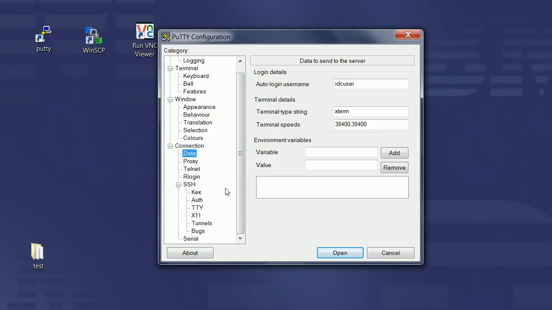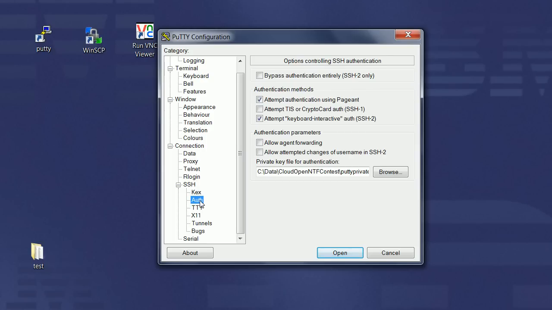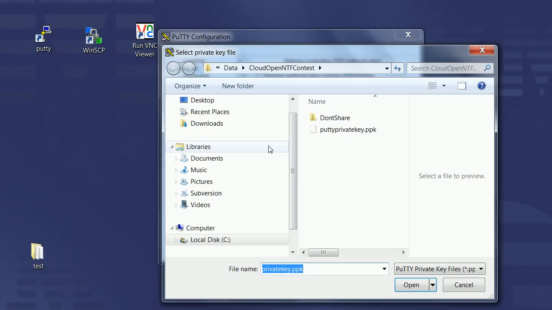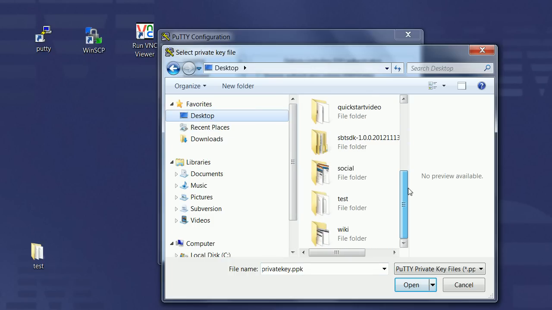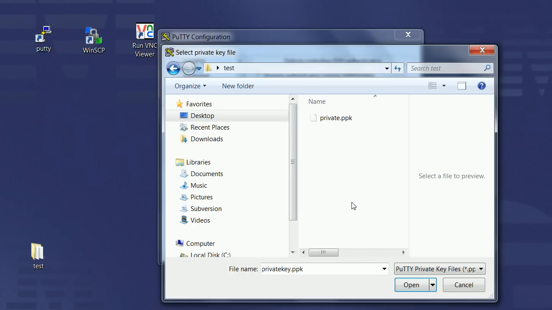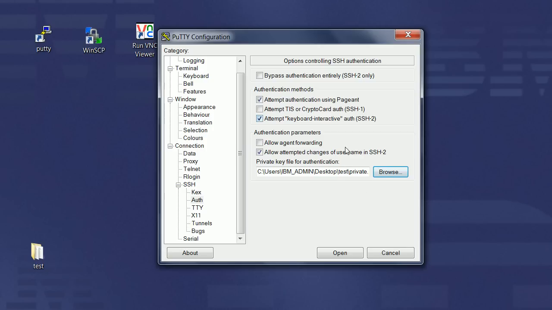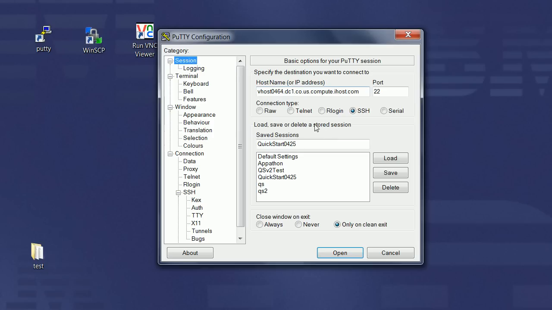SSH is the protocol used by PuTTY. So under authentication, I need to click this checkbox here, and I need to browse to my private key that I just generated, which is in the test folder right here, private. And let's see, I think that's it. Now when I go back and save this,